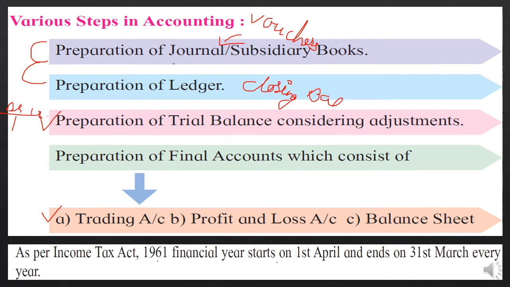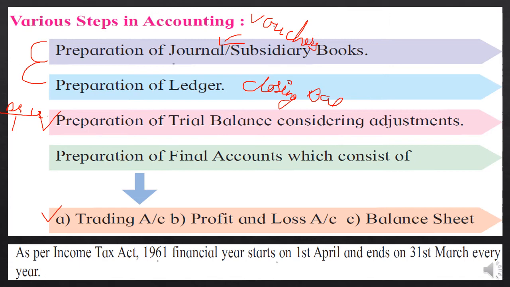So you know the real and personal rule. By that rule, all the items with a debit balance will be posted to the debit side, and credit balance will be posted to the credit side. And now you know what is debit balance and credit balance: debit total higher, debit balance; credit total higher, credit balance. So all those will be posted here in the trial balance, in a T format you can see.